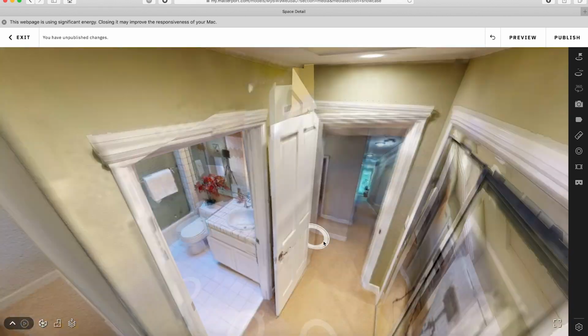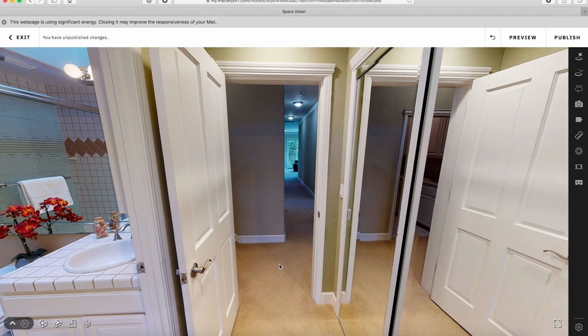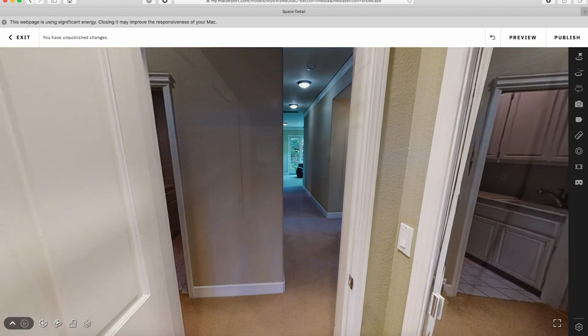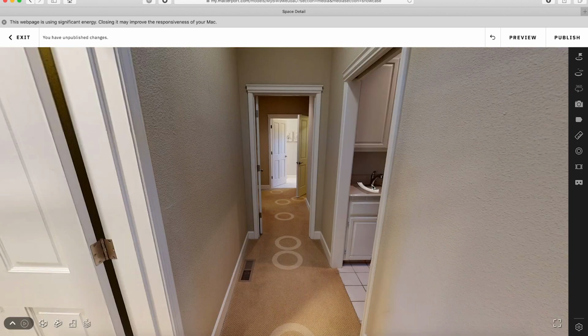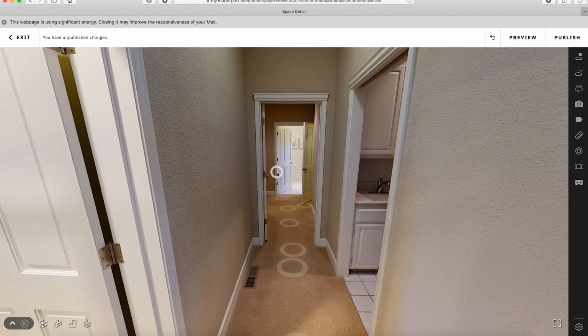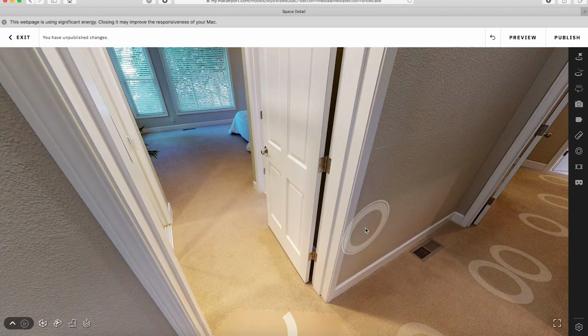The other indication, as I said before, is that I can't see the circles, the scan positions that are beyond this doorway, not from this side or from the other side. And if you saw that transition, it also looks like I just kind of crashed through this invisible barrier. So all of these are indications that tell me that there's something here in the doorway causing this to not be as smooth a transition as it should be. Clearly there's something going on here. I just need to know what it is.